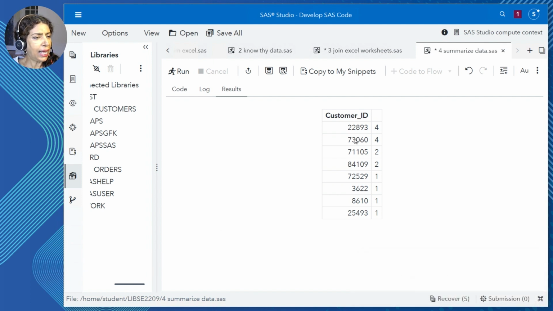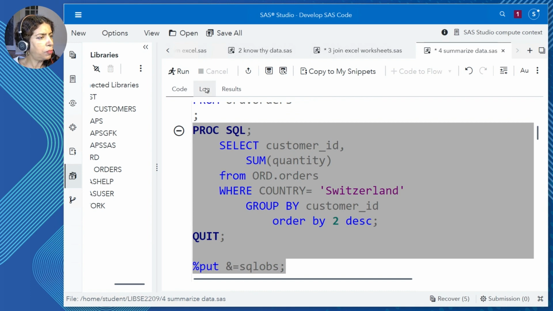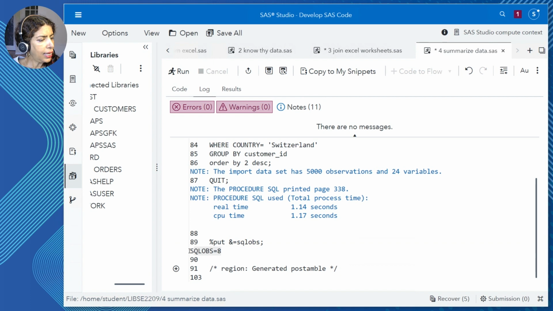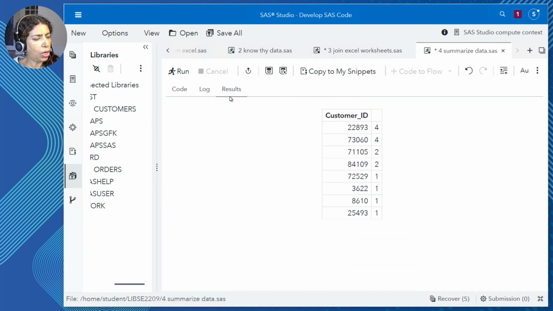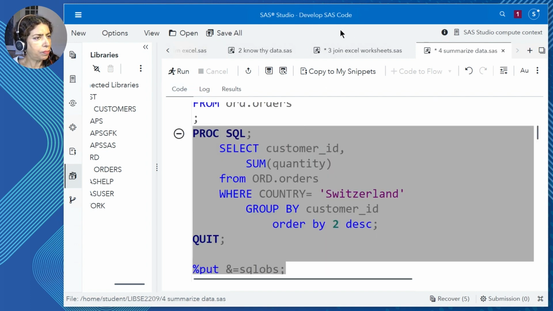If I check my log, it'll also tell me, assuming I ran the percent put SQL OBS, there it is, 8 customers. 8 customers in Switzerland, and I'm able to see the quantity that they purchased. It rolled up into a single row, so each customer appears on a single row of data.